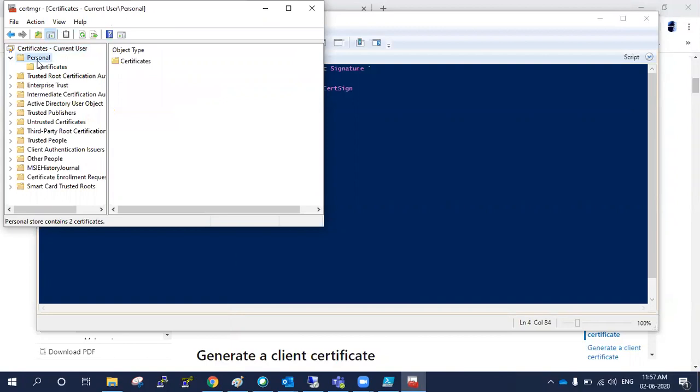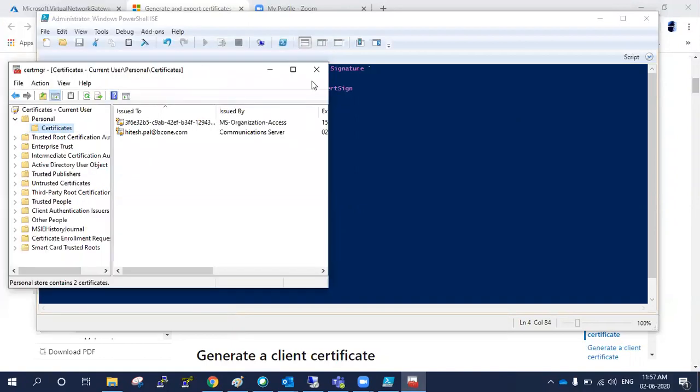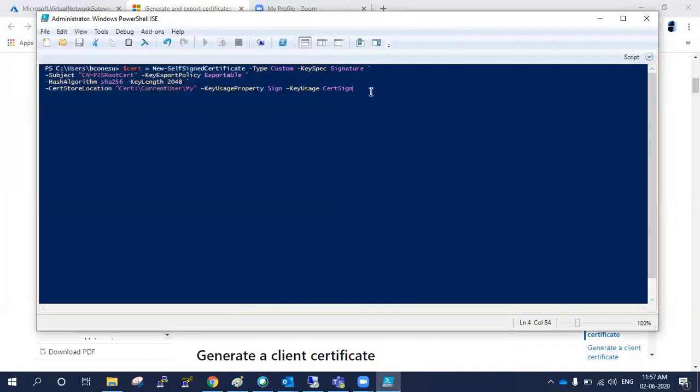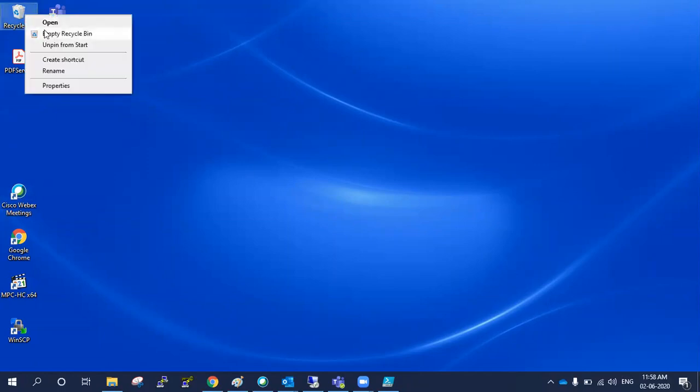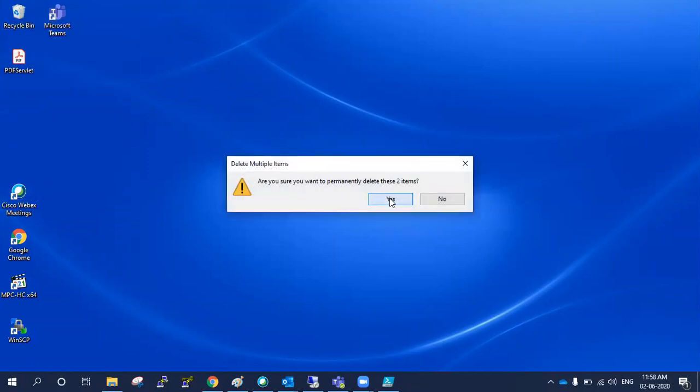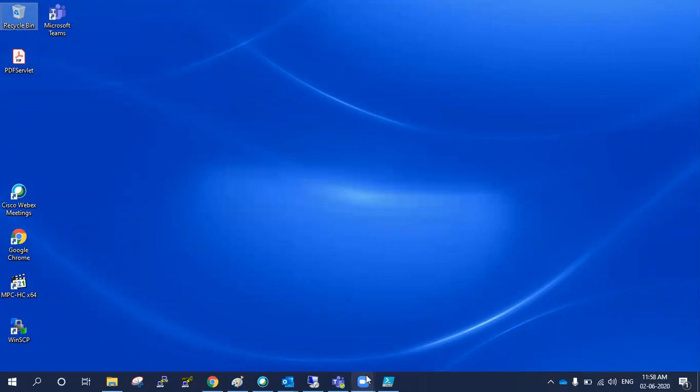This window will pop up. Go to personal and certificates. Yeah, both my certificates have been removed. I need to delete this one as well, the client and this. I have deleted my previous certificates.